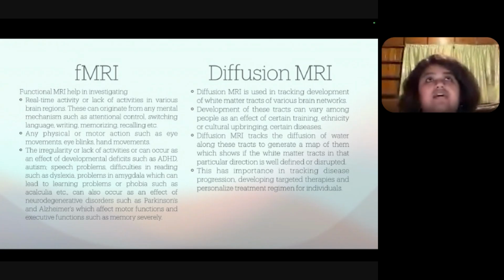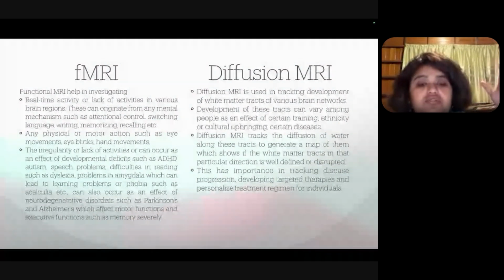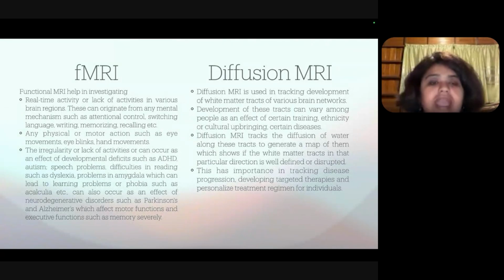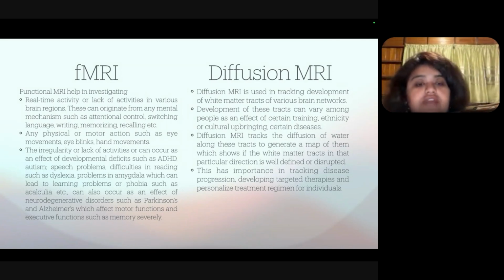So these are some experimental behavioral tasks that people actually do when they are lying inside the scanner, and we scan the brain when they are doing the task, and we capture the real-time activity with functional MRI. And lack of activities is something that we often see in various kinds of diseases, especially neurodegenerative diseases. For example, in case of Alzheimer's, you will see that there is very little activity in the hippocampus, because the synapses that connect the neural network in the hippocampus are not that strong anymore, which is why you will see very little activity.